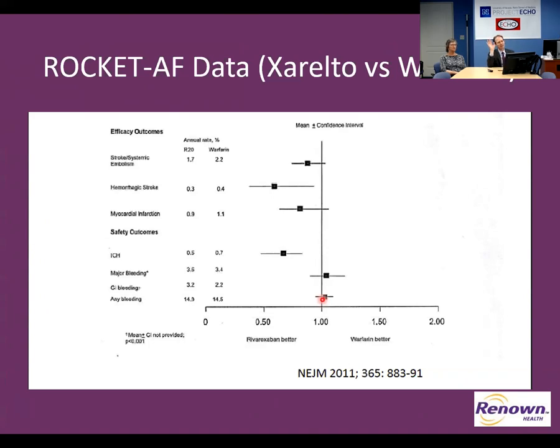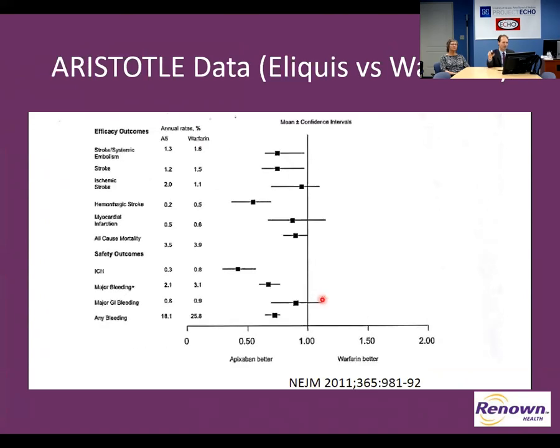And remember, in these clinical trials, they're very carefully, tightly controlled INR levels. So it's a select group of good time in therapeutic range warfarin people. So it does appear that there is less bleeding with all of them now. ARISTOTLE looked at Eliquis, or apixaban, and warfarin, and there was both less stroke and less bleeding. And so Eliquis is very common. Most people these days are using Eliquis and Xarelto, some Pradaxa, some edoxaban, and some warfarin. And most of the time we fall on warfarin because of cost.